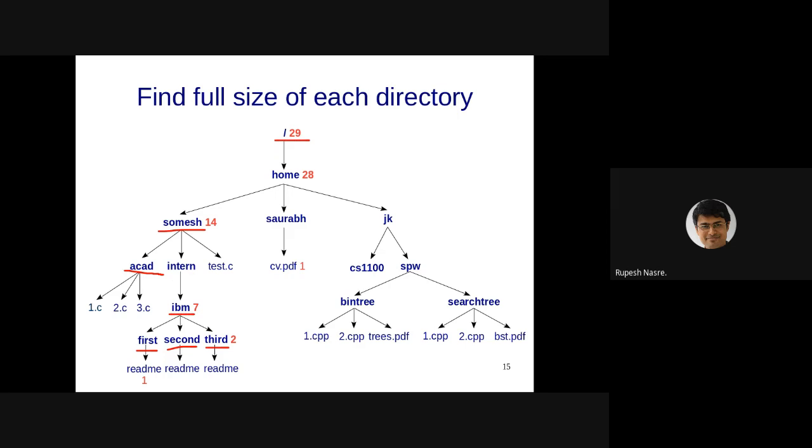Right? I hope the question is clear. In case the setup is not clear, then let me know. So each file has a weight of 1, and each subdirectory also has its own weight of 1. But in addition, it needs to have the weight of all of its children, grandchildren, etc. Now I want the weight of each of these nodes to be computed, right, in this tree. How will you write the code?